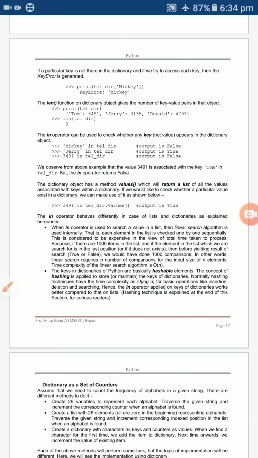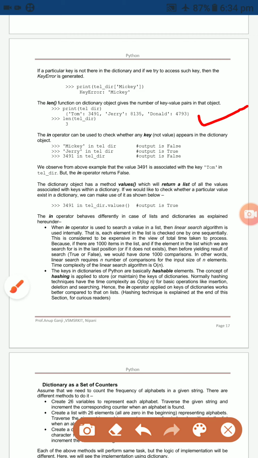Then you can use the length function. The length function here takes the number of key-value pairs present in that object. For example, print(tell_dictionary) will display Tom, Jerry, and Donald with their key-value pairs.